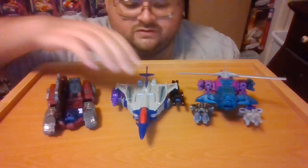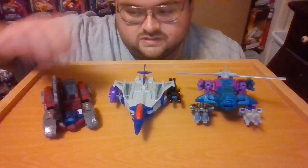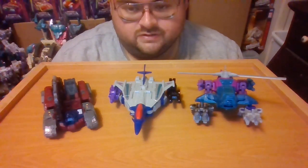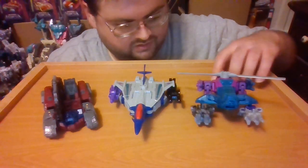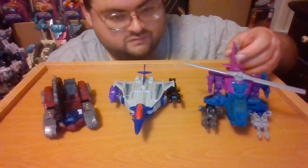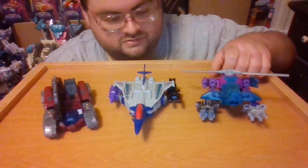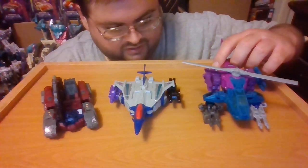And just to start off the review for one more size comparison, here's Needlenose next to his fellow Decepticon Double-Targetmasters, Quake, who was released in Titans Return, and Spinister, who was released in the Siege line. This, in my opinion, is the best configuration for Spinister's Target Masters, just having them sit on the underside of him. It does mean he angles upward in chopper mode,